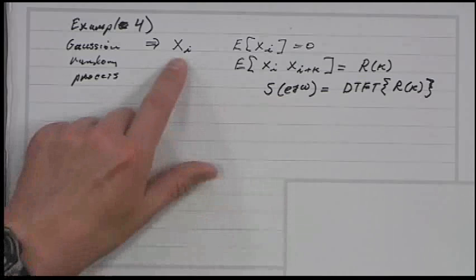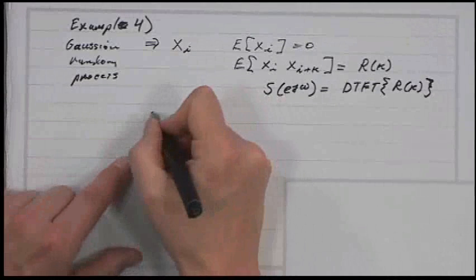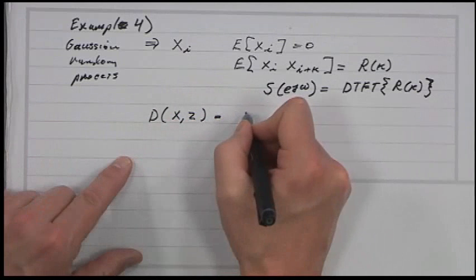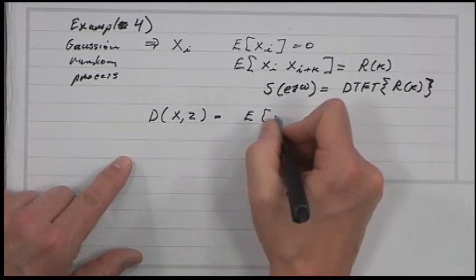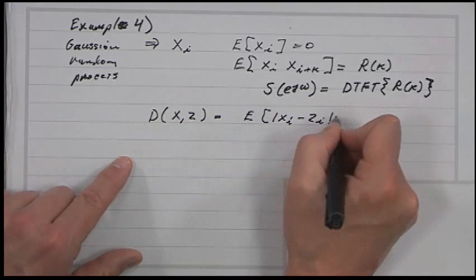So you could say, well, what's the rate distortion for this Gaussian random process? I want to know how many bits per sample I need in order to achieve some mean square error distortion. So the distortion is going to be equal to the expected value of (x_i minus z_i) squared,